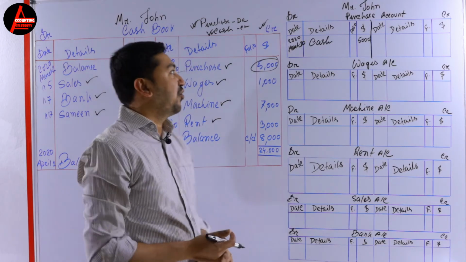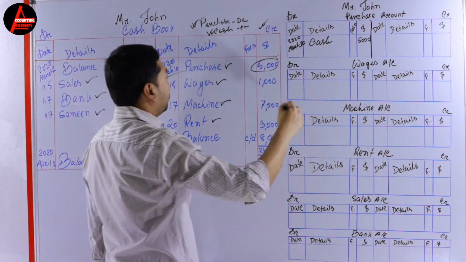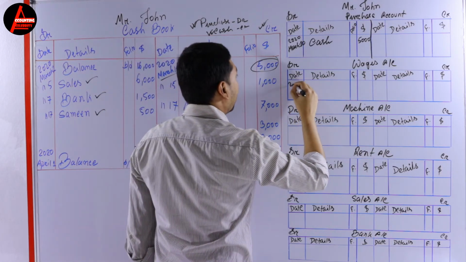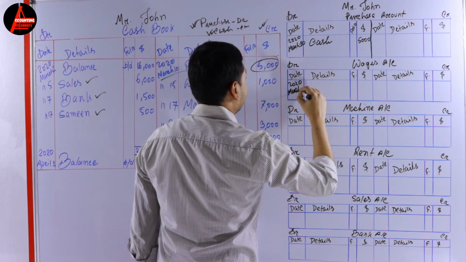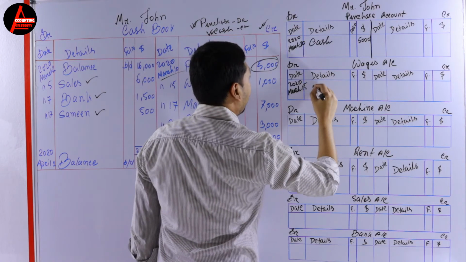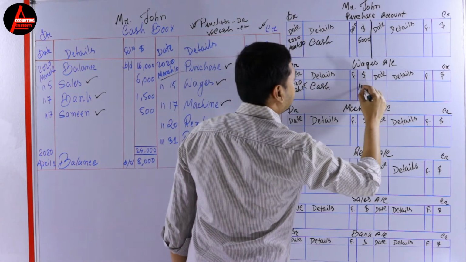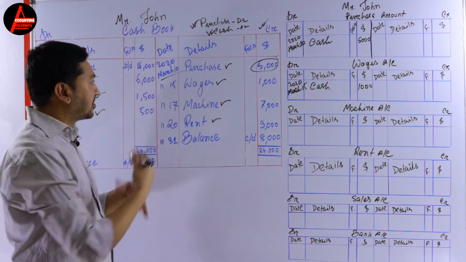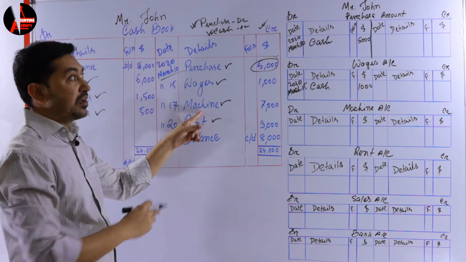Okay, so wages, same thing. Wages is here credit, but in the nominal ledger it will be debited. 2020 March, what is the date? 15. Again you write here cash. So how much is your value? It is $1,000. Okay, so same here, machine is credit in the cash book, but in the nominal ledger you